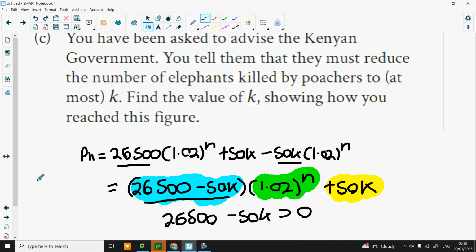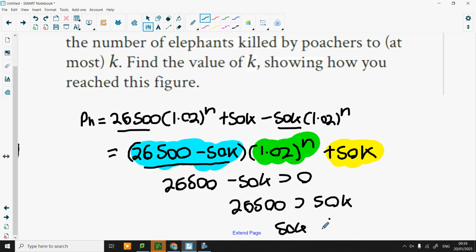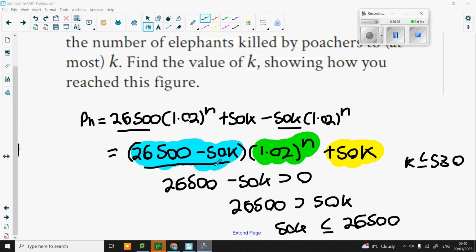So we say 26,500 minus 50K bigger than 0. And what happens then? 26,500 bigger than 50K, 50K smaller than 26,500. Divide by 50, and you get a K value less than or equal, by the way, less than or equal to 530. 530 would keep the population steady. Anything below 530, and it would